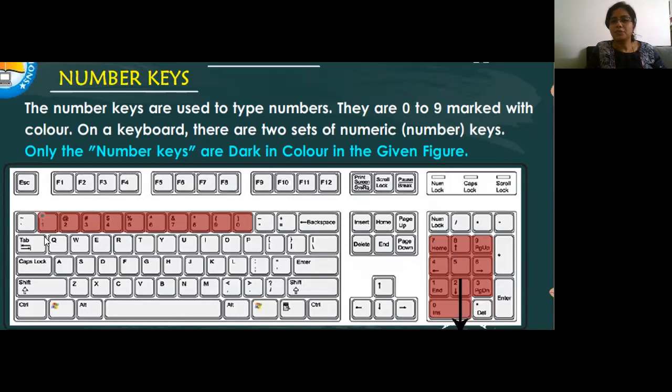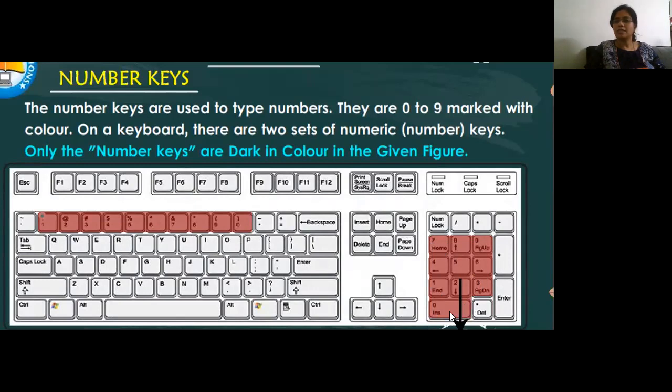So we have number keys in two different places on our keyboard. One is above all the alphabet keys, plus at the right hand side here, you can see it is highlighted in red, and we call it the numeric keypad.